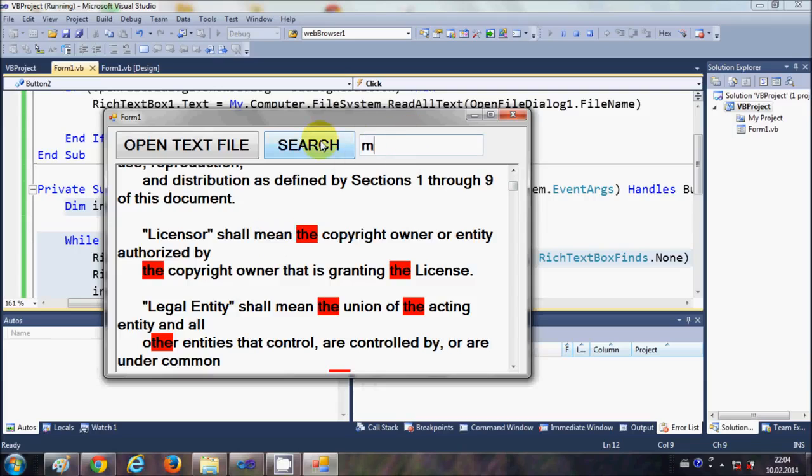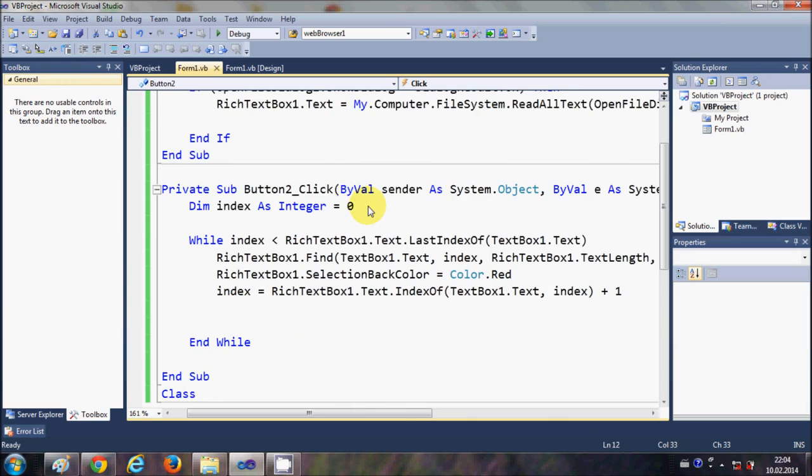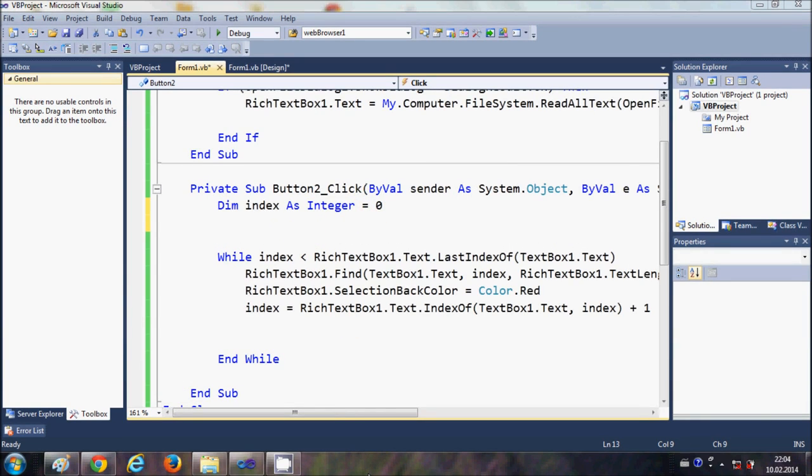Or for example, we want to search mean, so I will write mean and click search, and it searches for this mean also, and you will notice that it will not unhighlight the previous search. So this we can fix like this. To solve that problem, just write here